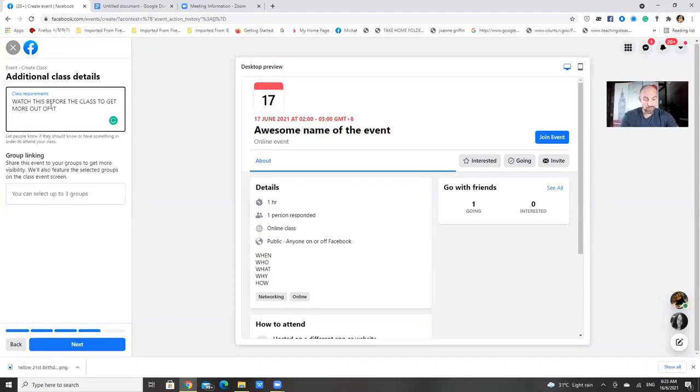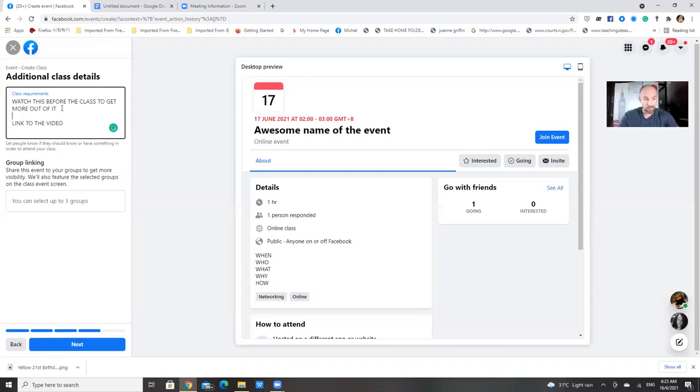And then you can just put in your link to the video, right? It can be a link to a YouTube video or to a video on Facebook. Just make sure that it's public and not inside any private group, because otherwise people won't be able to access it, right? And other than that, you can say download this worksheet,